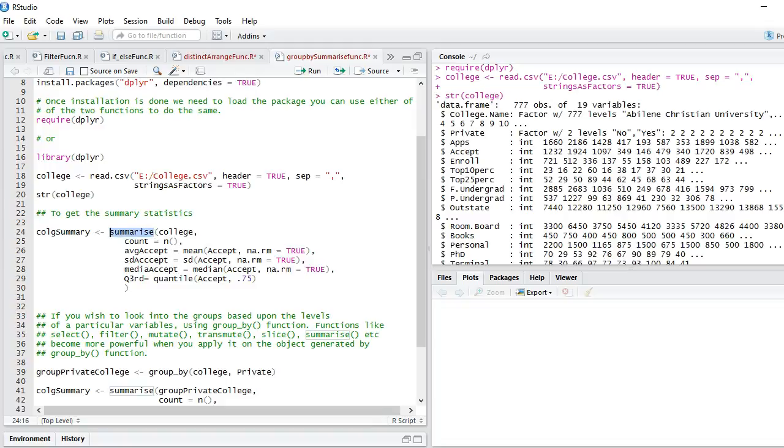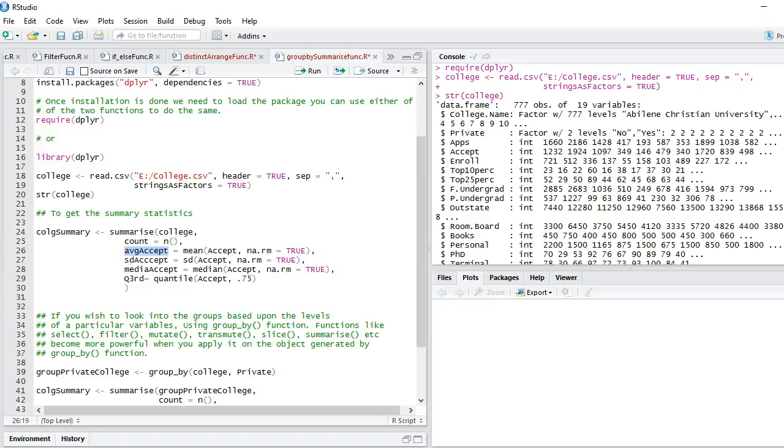You need to tell summarize, provide your dataset name, and the first one is count. So I'm generating this new variable or header or a column name, which is count, and I'm counting total number of observations which we have. Okay, this n open parenthesis and close parenthesis is gonna count the number of observations we have in my data set.